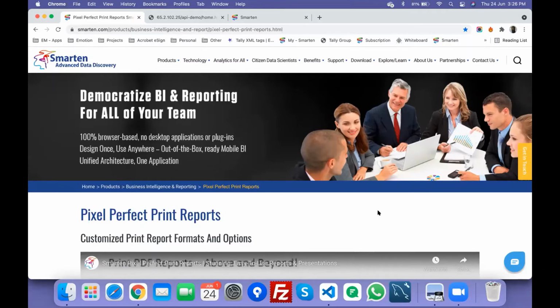Yeah, there is one more question. Can you show how to connect API from another application like Apex? As I said, there is a comprehensive API documentation guide available. You can go to our support portal, download the guide, and if you still want any hands-on one-on-one session with any of our team members, you are most welcome to discuss with us on that.